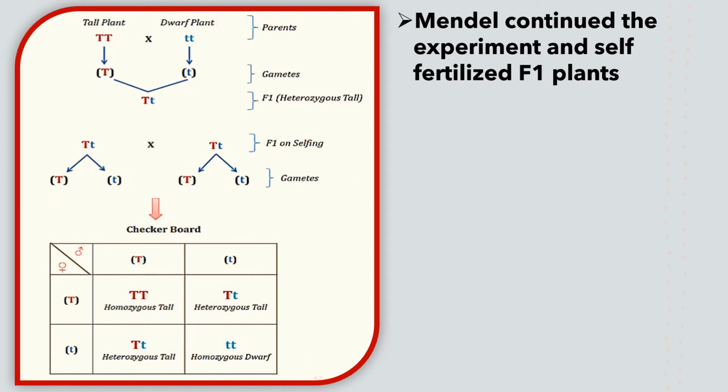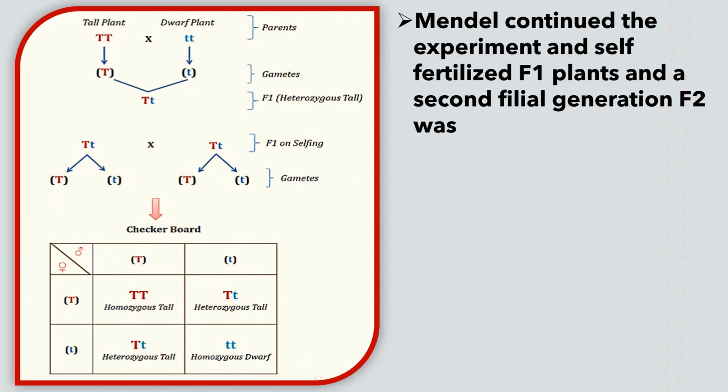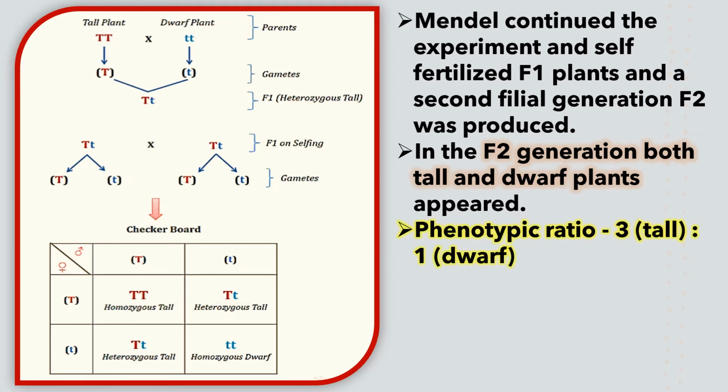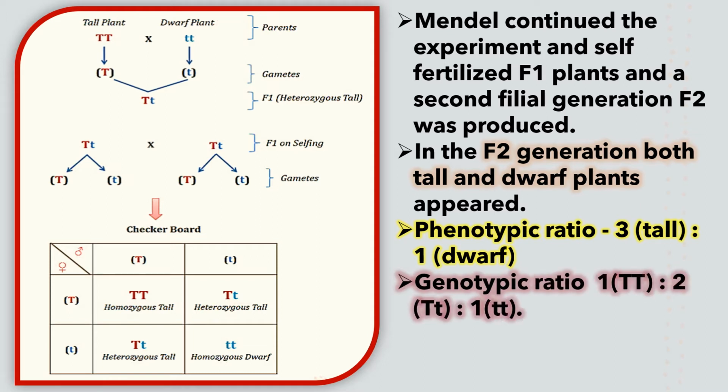Mendel continued the experiment and self-fertilized the F1 plants, and we got another filial generation, the F2 generation. In the F2 generation, both tall and dwarf plants appeared. The phenotypic ratio was 3 tall to 1 dwarf. The genotypic ratio was 1 fully tall, 2 which were mixed, and 1 fully dwarf, shown in the